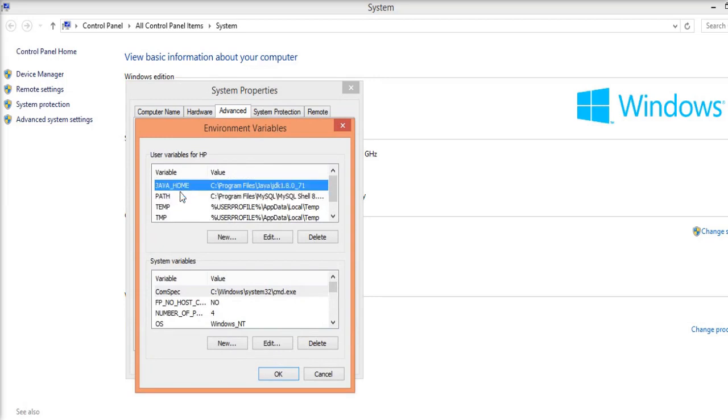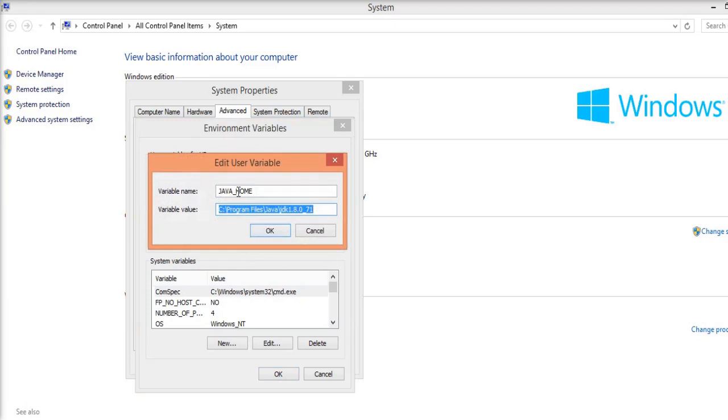In environment variables you can set user environment variables. These are the user variables. You can create new, delete existing and edit existing ones. So I am choosing this JAVA_HOME, one of the environment variables. I am opening this. So this is JAVA_HOME and this is the installed version of JDK. By this user variable JAVA_HOME, the command prompt comes to know from which location my Java is installed.